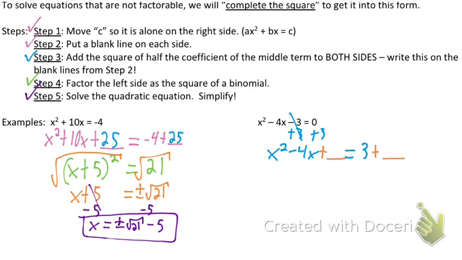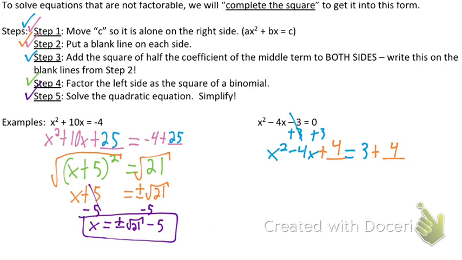So we're going to add a blank to both sides. And so now we need to fill in this blank. Well, what are we going to fill in this blank with? Well, it ends up being positive 4. How does it end up being positive 4? Walk me through those steps, Lincoln. So you divide the negative 4 by 2 and you get negative 2. And then what do you do with that negative 2? Square the negative 2, and that's what makes it positive. And that's what makes it a positive 4. So that's the reason we add a positive 4